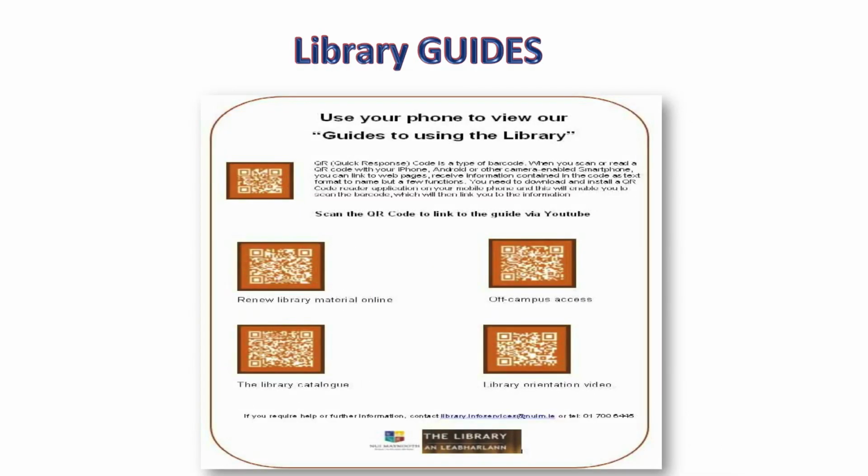Another example: libraries produce so many guides, and many a times these guides are available in printed form, but the remote users find it very difficult. But if you create each library guide with a QR code, embed it in your library website or print it and paste it in prominent places of the library, the users can scan this and benefit in a great way. They can read it in real time also, or after downloading, as per their convenience of time, users can read these library guides any time.